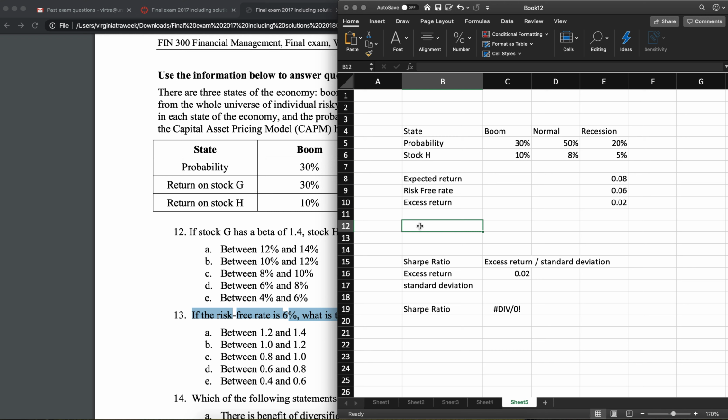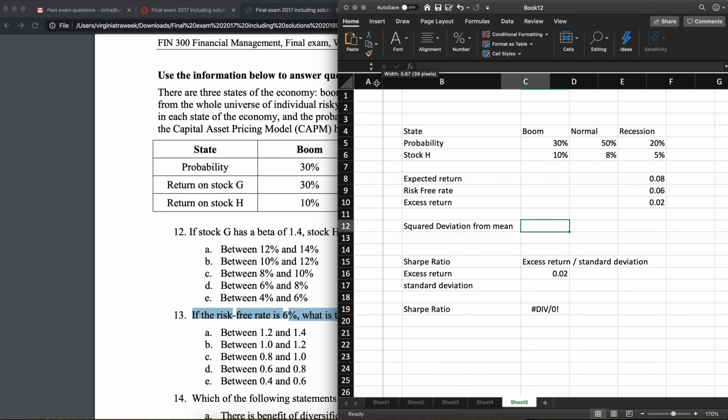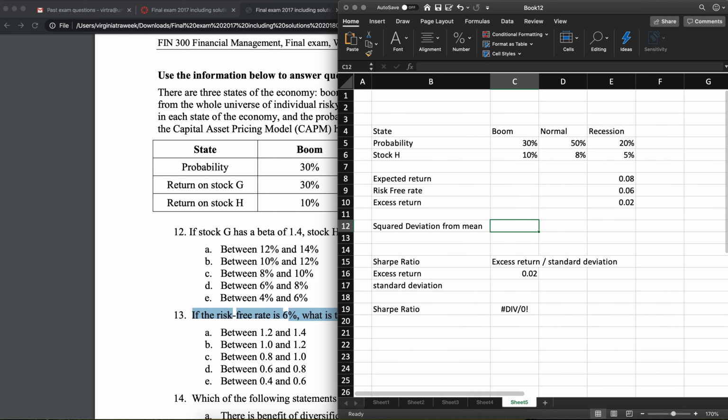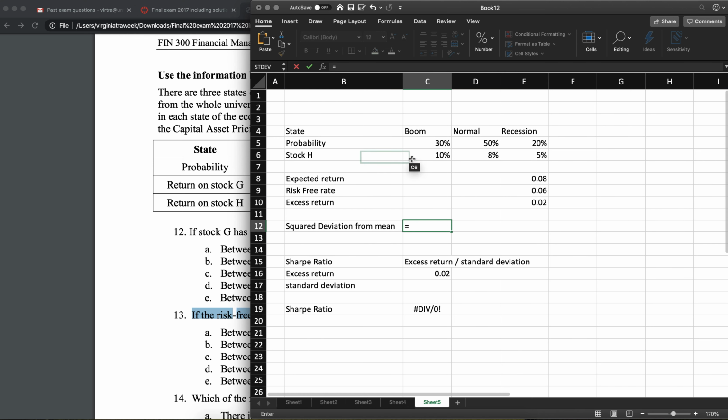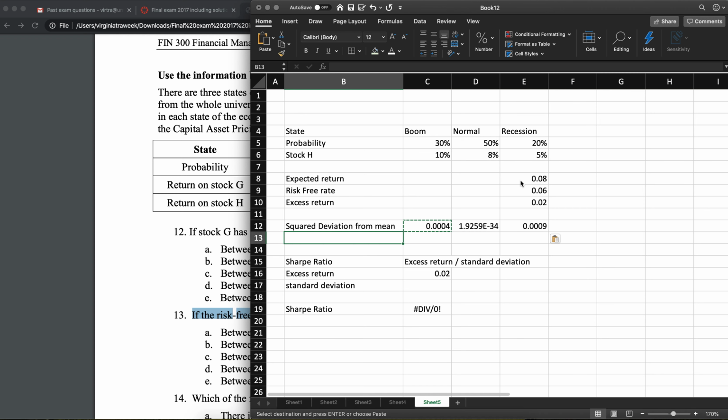The standard deviation starts with taking the deviation from the mean and squaring it. Let me make this a little wider. Stock H minus this to the power of 2. Oops. To get the standard deviation,